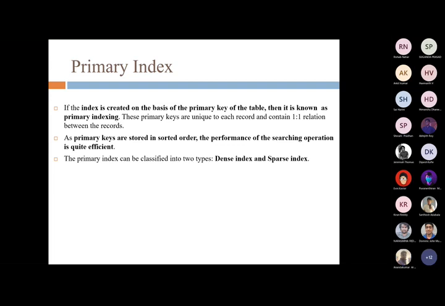So if the index is created on the basis of the primary key of the table, it is known as primary indexing, right? So you all know that there will be some primary key in a relation, and if you are going to create an index based on the primary key of the table, it is known as primary indexing, right? So these primary keys are unique to each record, and it contains a 1:1 relationship between the records,